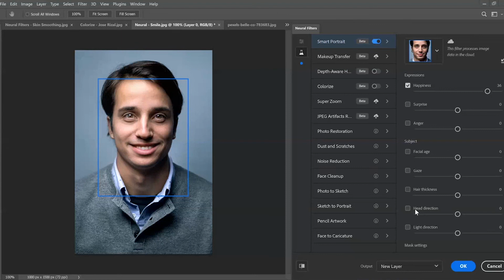Yeah. So we can see that the expression really changed from a simple smile. It turned into a wide smile. Also, we can change his facial age for this one. Let's see if we can make him look young.